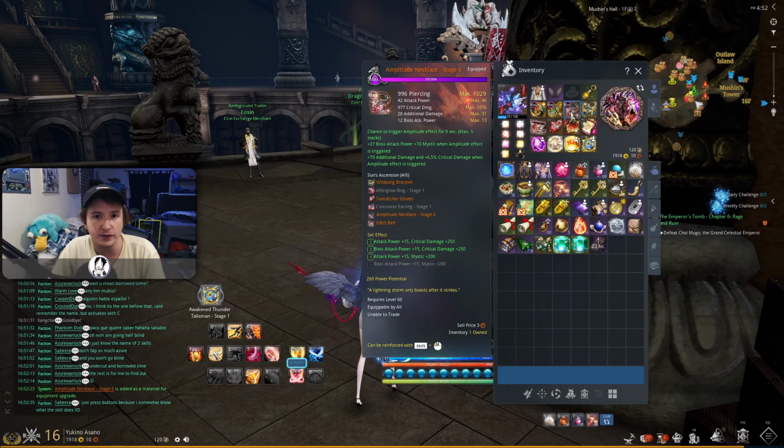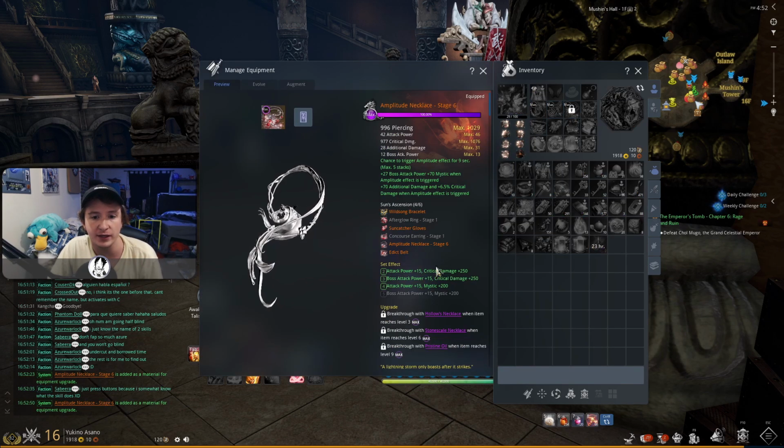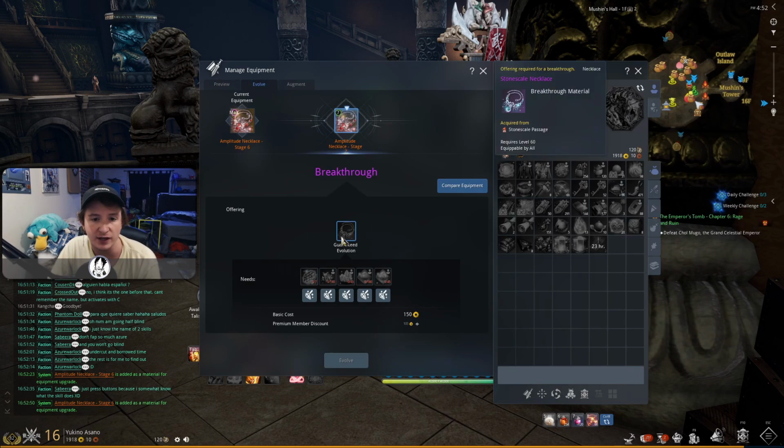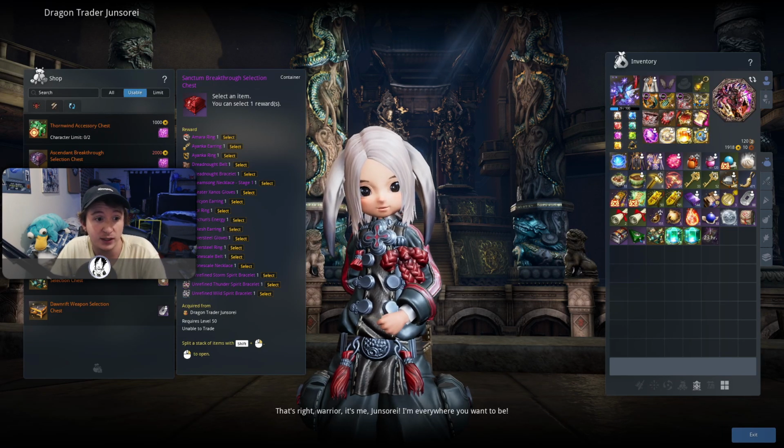Next, let's talk about your necklace. The way you upgrade it is pretty much the exact same as the earring and ring, but I want to talk about one little thing. As you can see, my bracelet is ready to break through to stage 7, and it needs this stone scale necklace. In order to get this necklace, you need to get the Sanctum Breakthrough selection chest, which you can